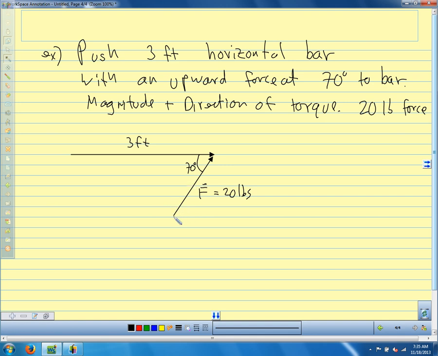So it's this perpendicular component that is causing this thing to rotate. All right, so our magnitude of our torque is just given by